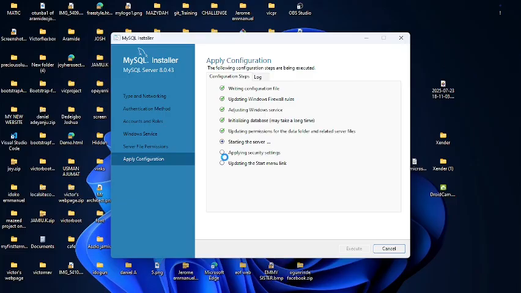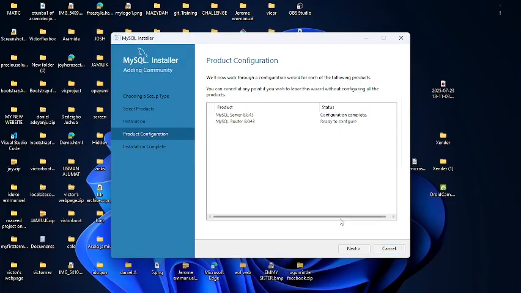All right, let's wait for it, starting the server. Okay, I think everything is done. So my configuration for MySQL Server was successful. So click finish, and then there you go. So now what we want to do next is